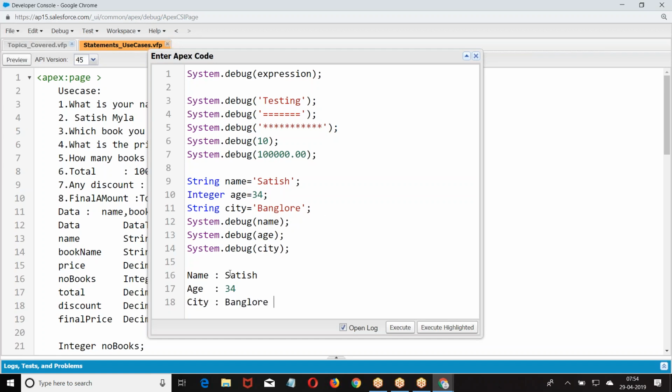Now I don't want to print only Satish 34 Bangalore. I want to print name, age, city. Now when I look at the output, I understand what it is. When I look at Satish, I know it's a name. When I look at 34, I know it's age. Now I gave only 4 lines, so you are able to identify. But when I execute any requirement,